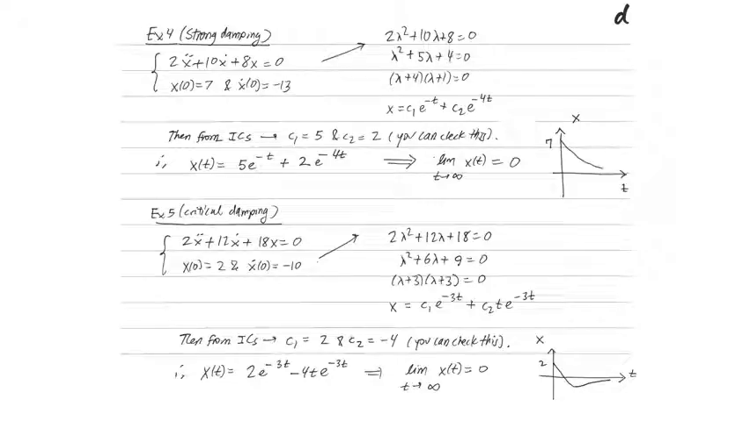Now we're going to look at some examples to make this a little more concrete of each of these. In example 4, we'll look at an example that's going to turn out to have strong damping. So we'll look at this initial value problem, and we'll